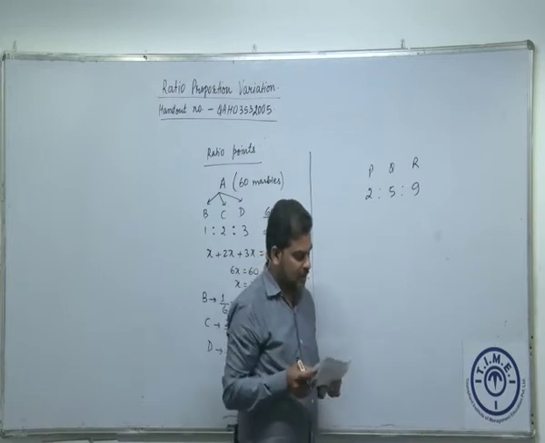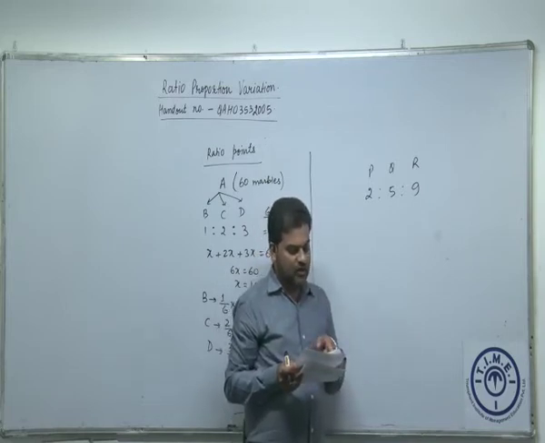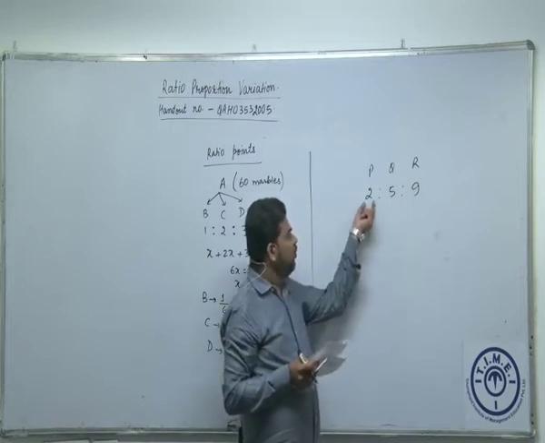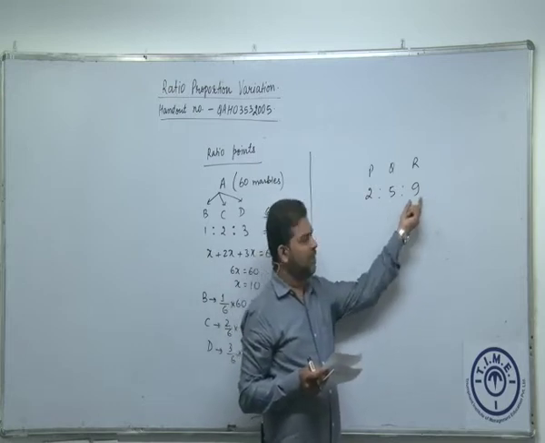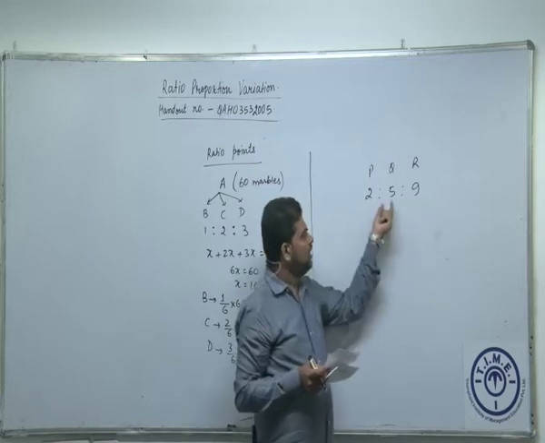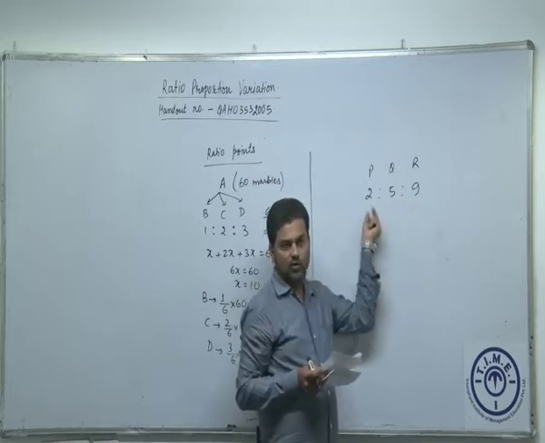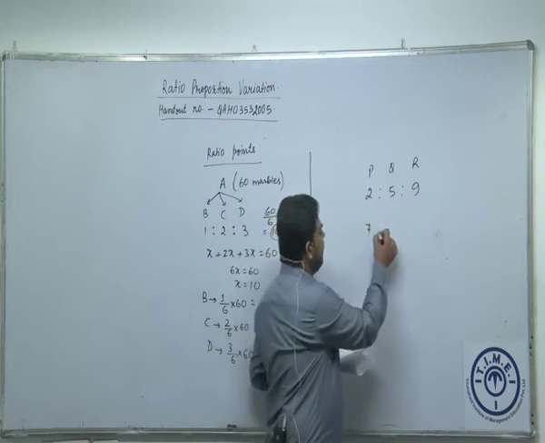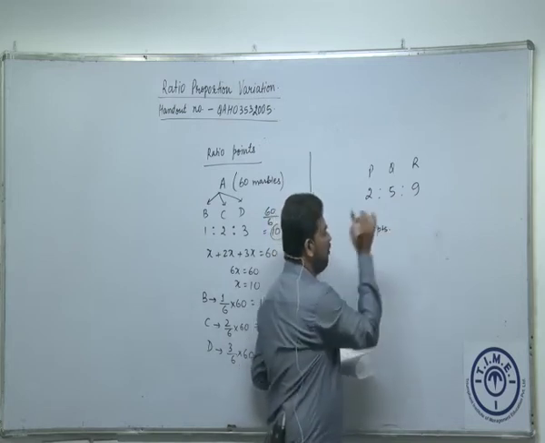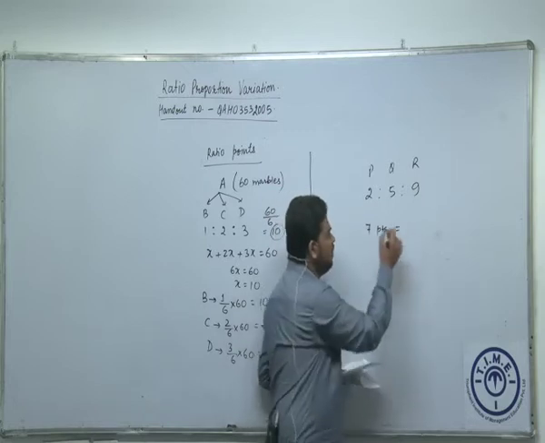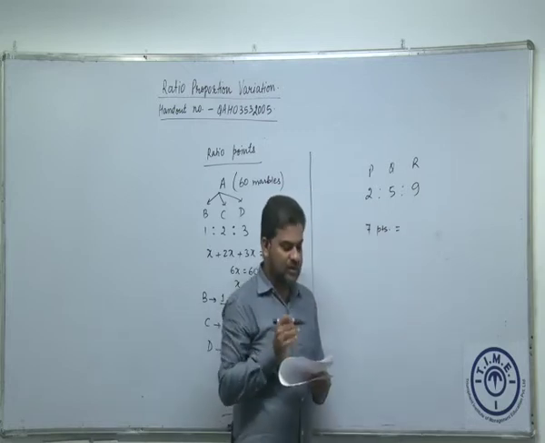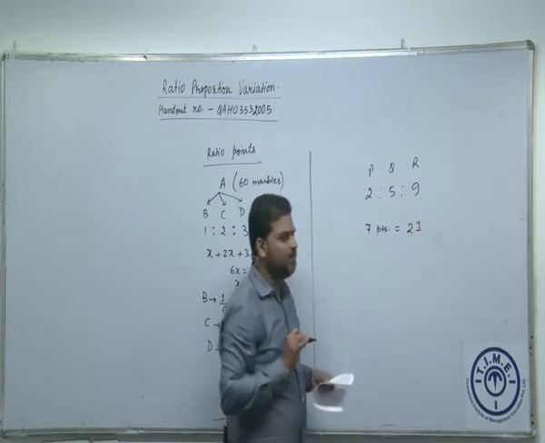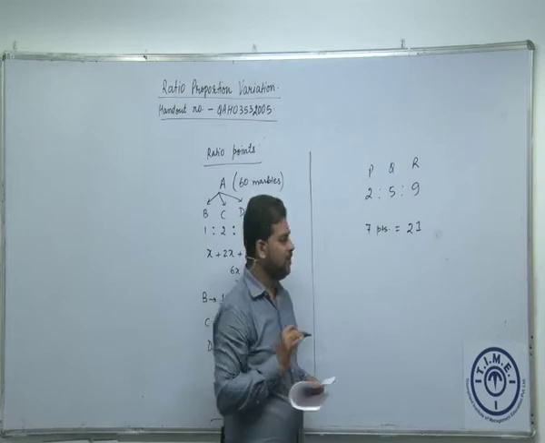See what is happening. It is saying the difference of the age of P and R is 21. For P we have 2 ratio points and for R we have 9 ratio points. What is the difference in the ratio points? 2 and 9, the difference is 7 ratio points. Can I say that the difference of 7 ratio points is equal to the difference given in the question, which is 21 years? So this 7 points must be equivalent to 21 years.